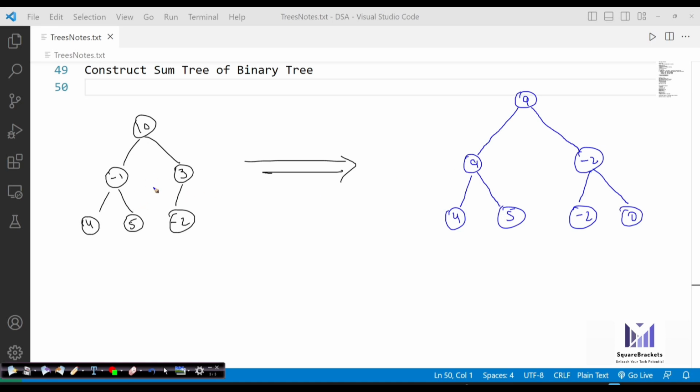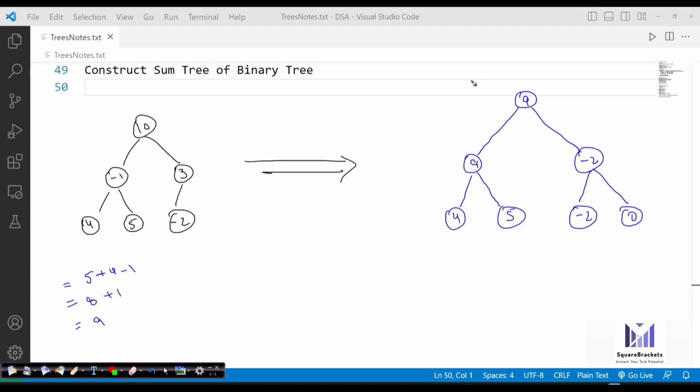I hope you are able to understand how you got 9, because what I did, 5 plus 4 is 9, minus 1 is 8. Then 3 minus 2, that is 1. So 8 plus 1 will be equal to 9. So this is how you will get 9 here.